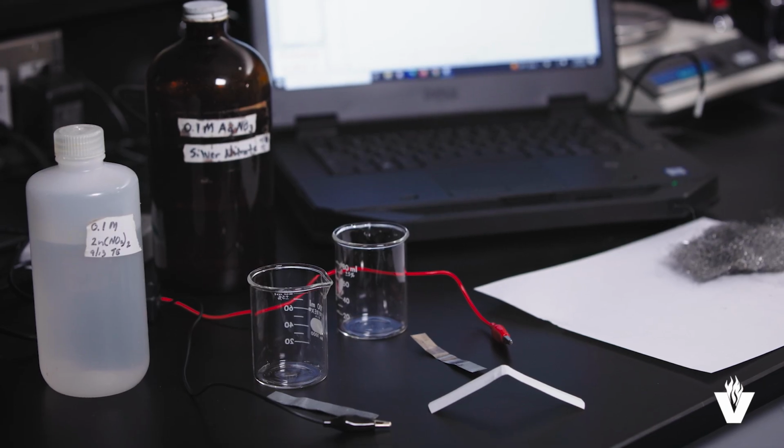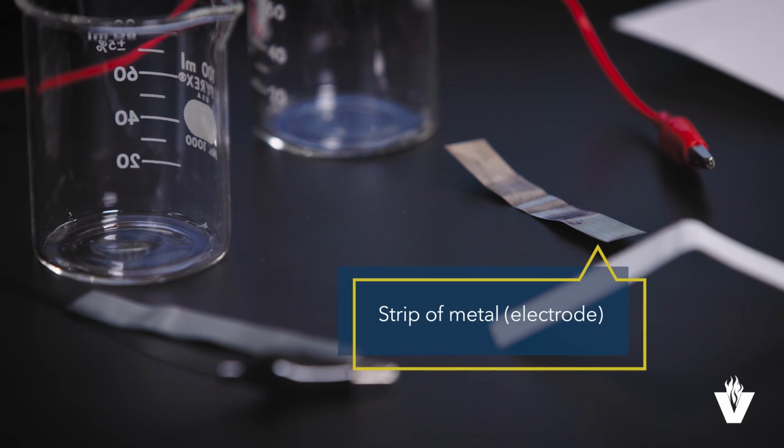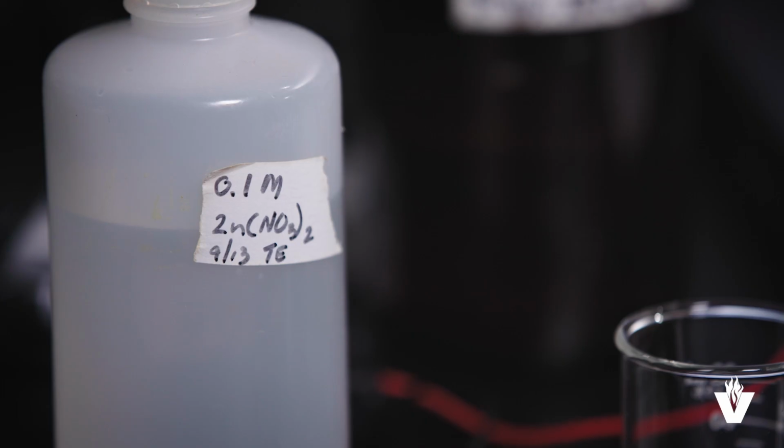In this video, we will look at how to calculate standard cell potentials and Gibbs free energy changes for batteries. A voltaic cell, also known as a galvanic cell, is an electrochemical cell that uses spontaneous redox reactions to generate electricity. It consists of two half cells. A half cell can be composed of an electrode, a metal strip, with a solution containing metal ions.